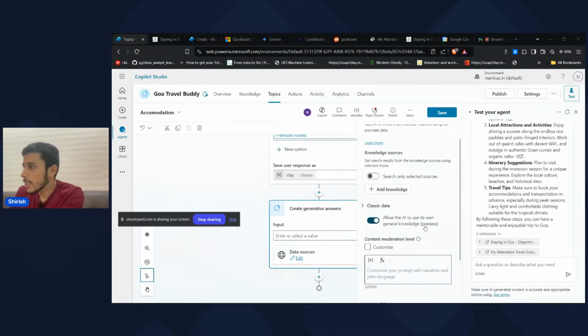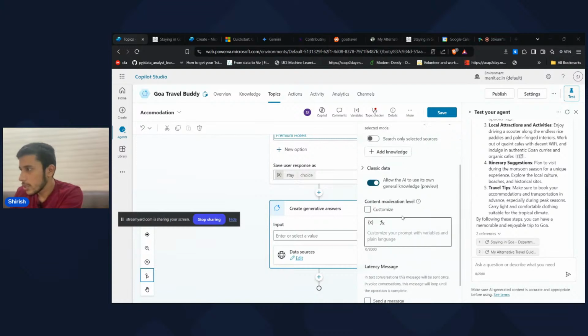Allow the AI to use its own general knowledge. Then what input it should go with. So we have to give a prompt to enter into the generative AI space. What we will do is give the options of stay, or give the options of accommodation based on the